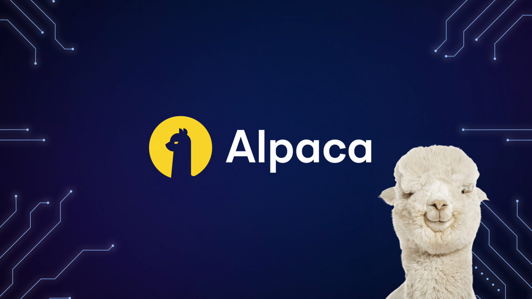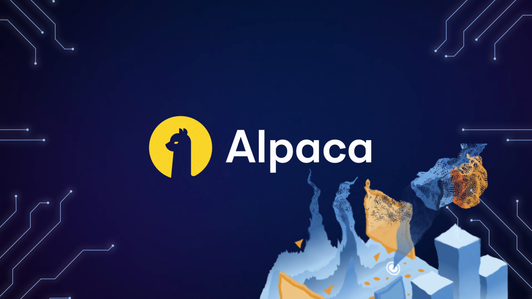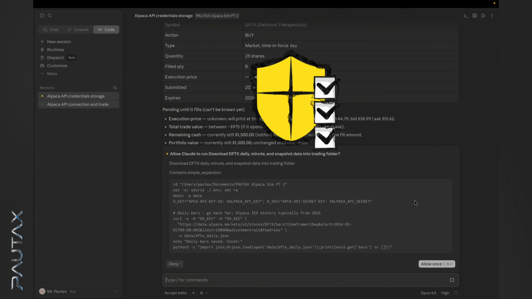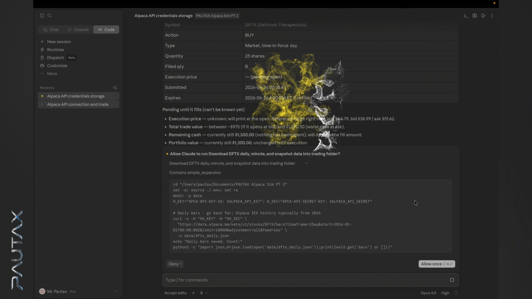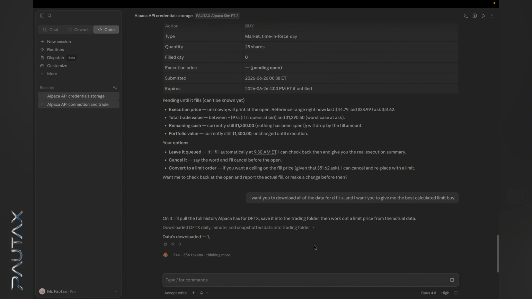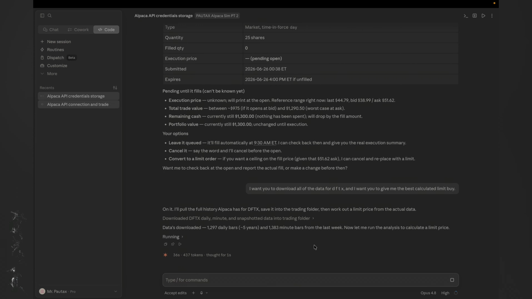Alpaca is going to help us out because it has a lot of data. Essentially, it's a data source. It's an API source, which feeds into Claude. And look at that. It's going to ask me, allow Claude to download DFX daily minute snapshots into trading folder. Allow. So we're going to want all that metadata of DFTX because that's what we're going to be focusing on